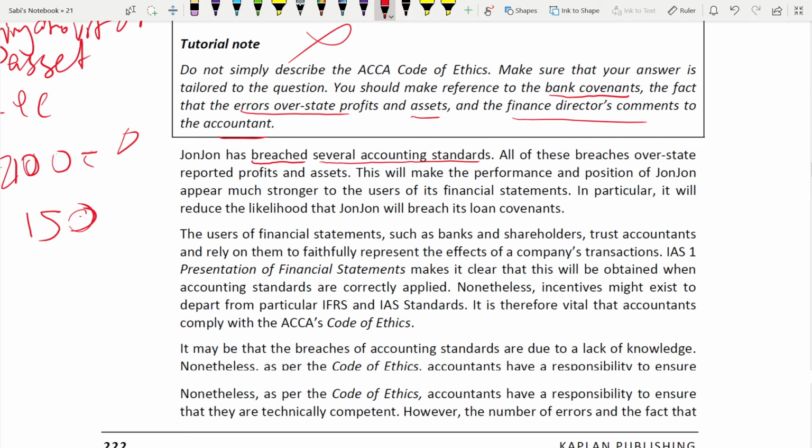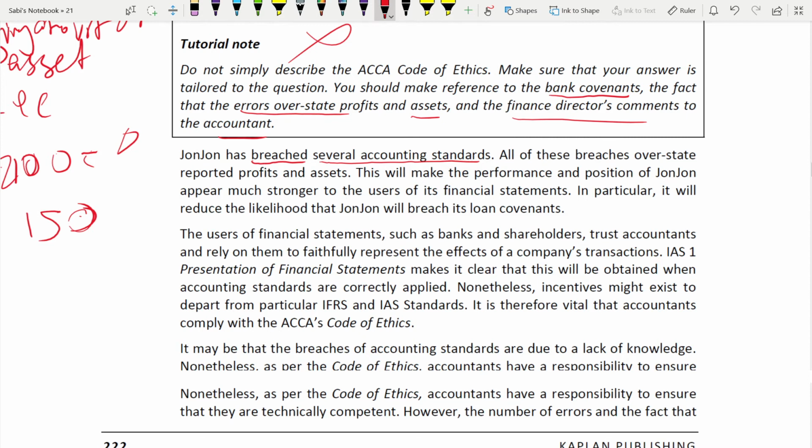You don't write by saying this company is unethical, this company has to be sued. They have to be ethical. So please don't go and write in your recommendation that the accountant should be ethical. We all know they have to be ethical, but how? What are the exact steps the accountant has to follow? That you have to write. Don't go and write be ethical, be ethical, be ethical.